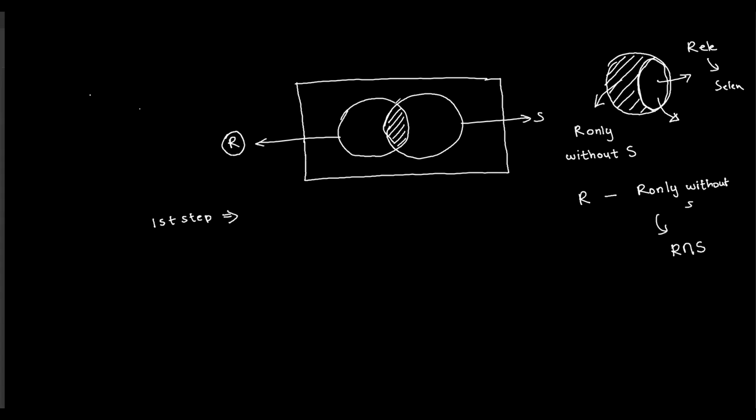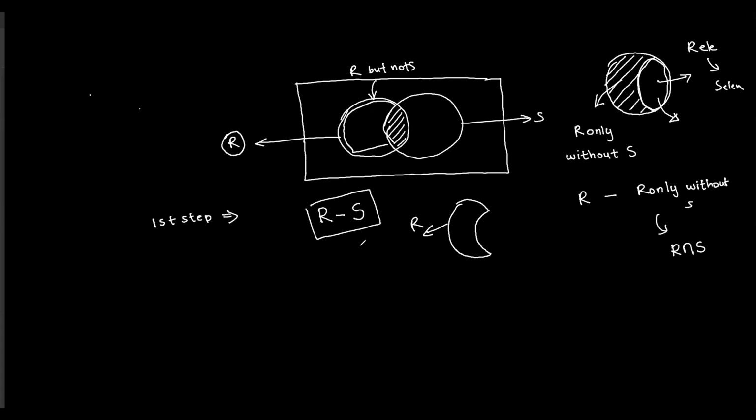First of all, I'm going to find out what I can do here. So, this one is R but not S. That's the idea. R but not S. That's why we are going to use R minus S. Now, this leaves us with what? Only this specific area of R. Now, if I find the set difference between R and R set difference S, I can actually come up with